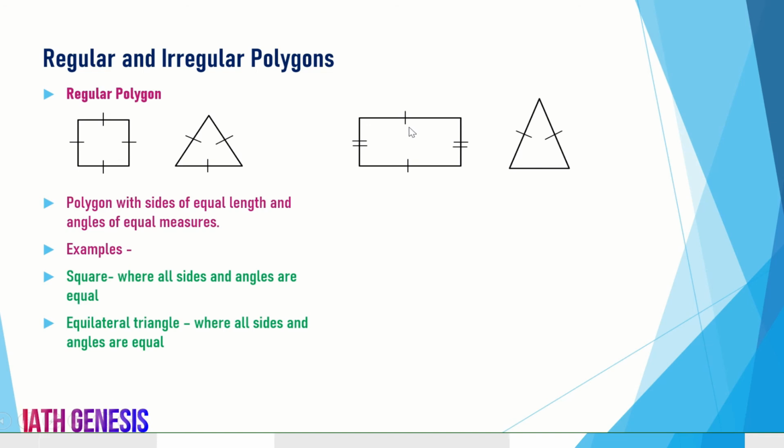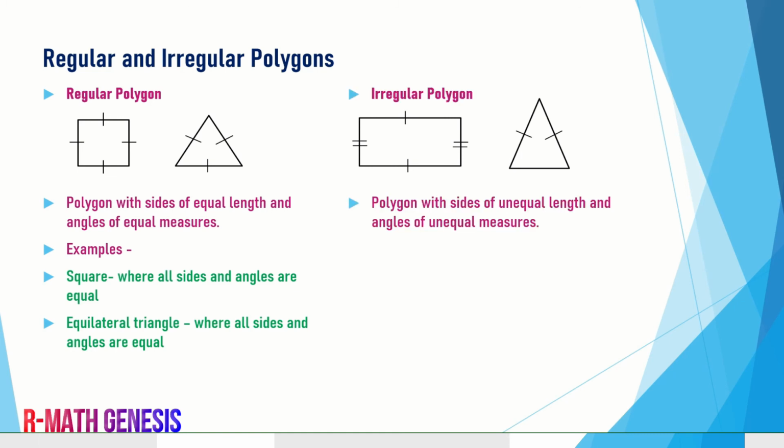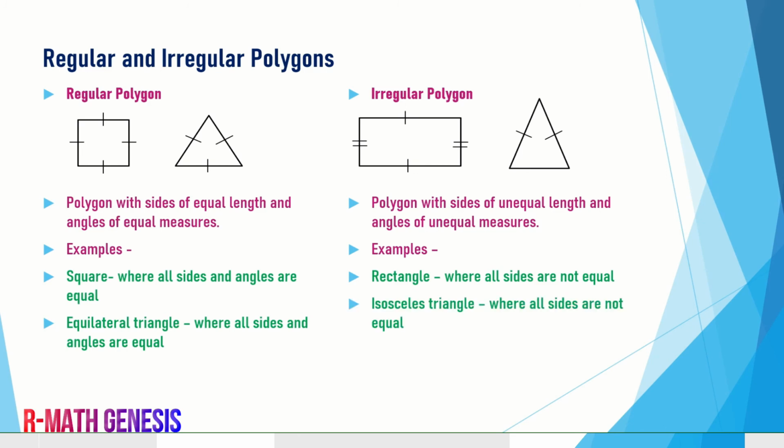What about irregular? Irregular means they have unequal sides and unequal measure of angles. Of course, in a rectangle all angles are 90 degrees, but the sides are unequal, so it comes under an irregular polygon. What about this triangle? It's an isosceles triangle. An isosceles triangle will have only 2 sides equal, right? So this also comes under an irregular polygon. So the examples I have taken are a rectangle and an isosceles triangle. All right,